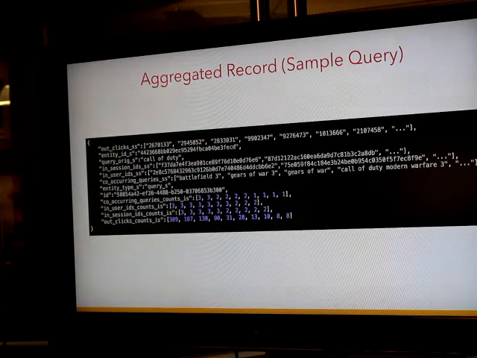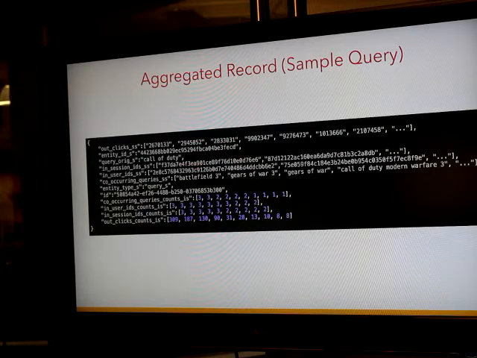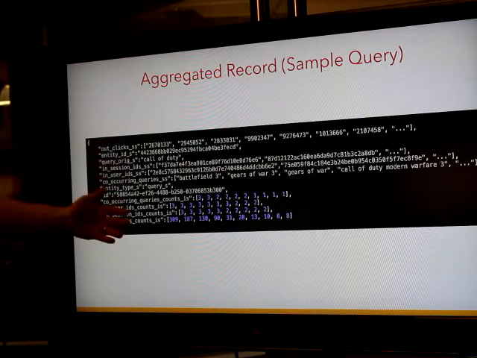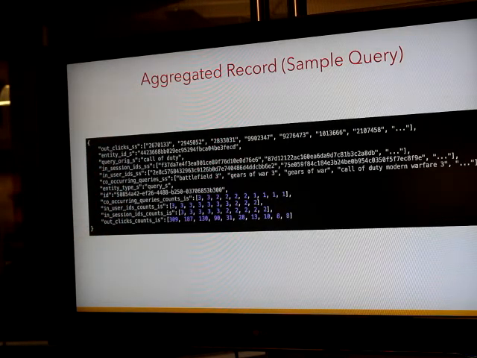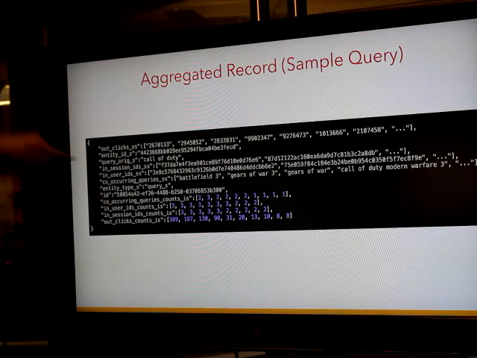So this is an example of an aggregated record. This is the same data set that we looked at earlier. Earlier we were showing sample individual click events. What we're showing here is an aggregated record that Fusion has generated. So you can think of this as a synthetic document. We've taken the raw input data, the raw logs, and we're generating this aggregated record, and we're going to index that with Solr, and then that's going to allow us to do some of the graph navigation and other stuff. So for example, for this original query, Call of Duty, which was the example we're working with,